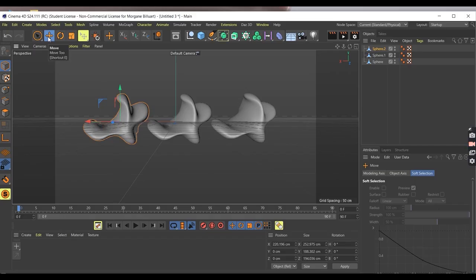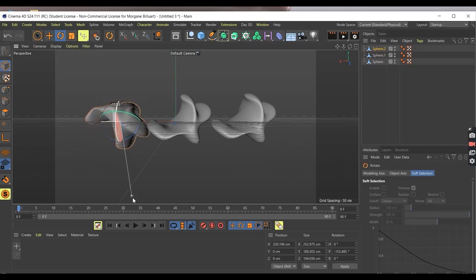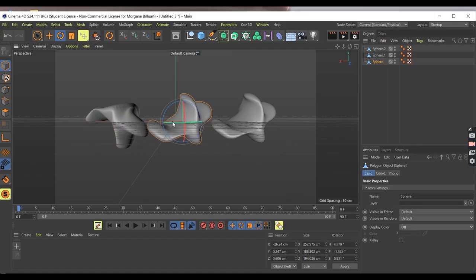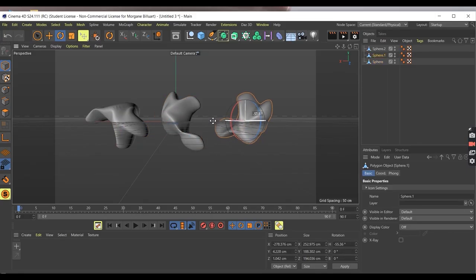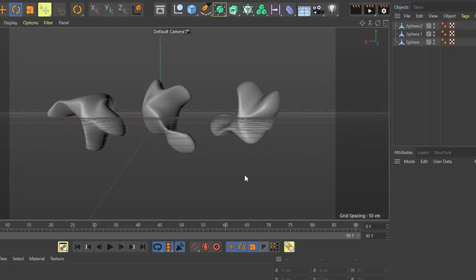So this is the object that I just moved. You can also move it and rotate it, and you can also scale it. Right now, we're going to move it a bit around so they all don't look exactly the same. Okay, great. And then this one like this. Okay. Sweet. Okay, so now we have these three different shapes and they look great,